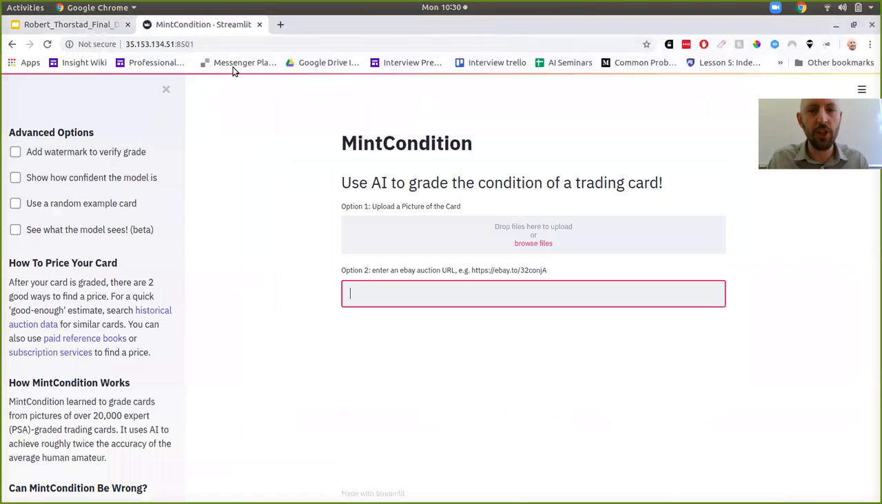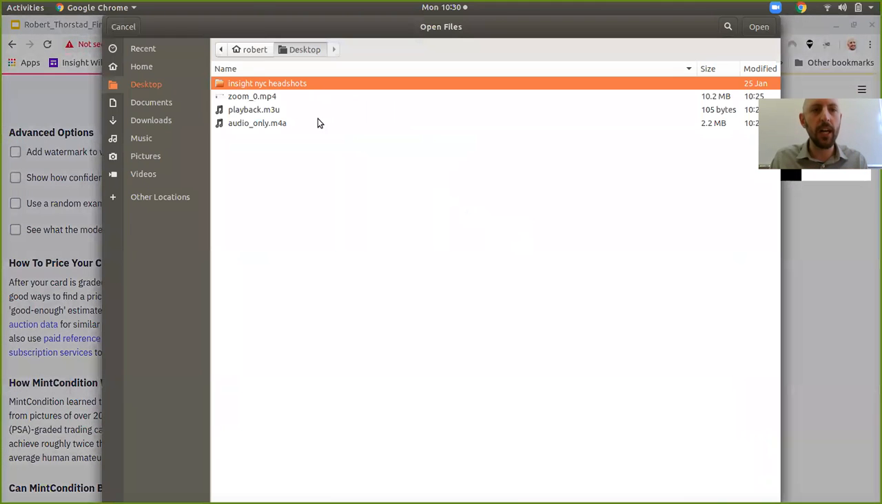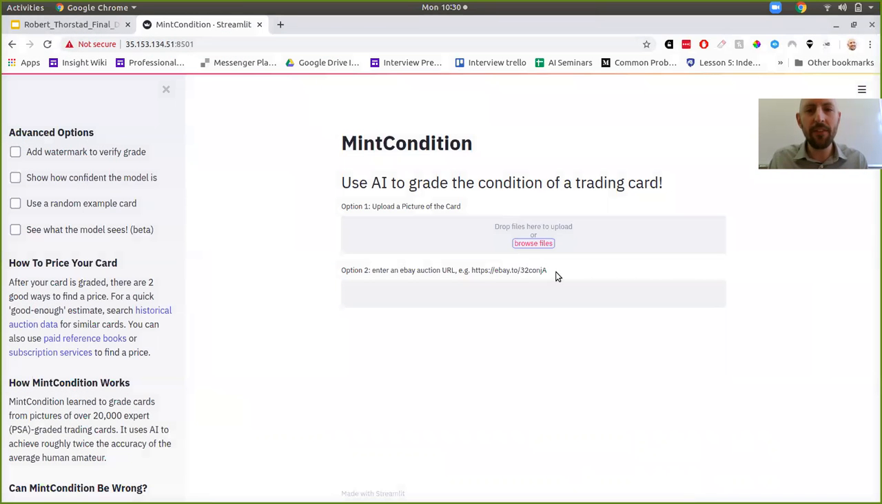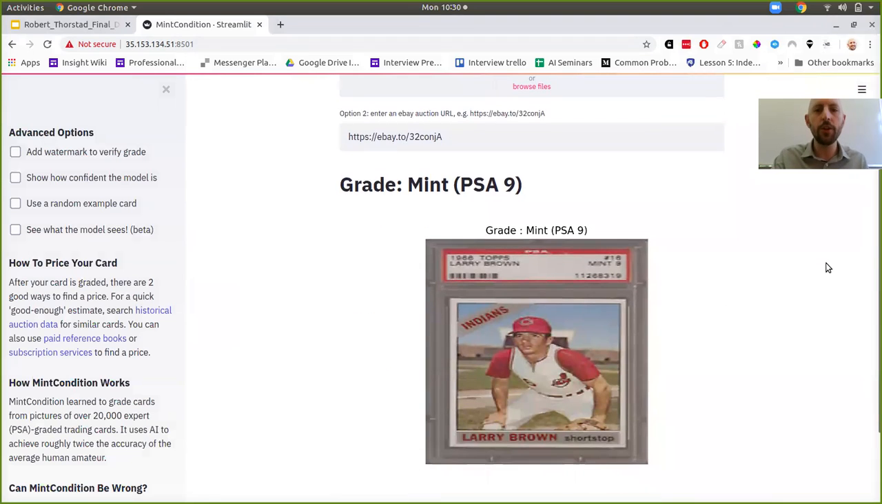So here's what the application looks like. There are 2 ways users can interact with it. One thing they can do is simply upload a picture of a card. Something even more useful that they're usually going to do is scrape a card live off eBay. This is a real live eBay auction URL, and we just scraped it in real time. You can see the card was identified by an expert as mint, or 9 condition, and my